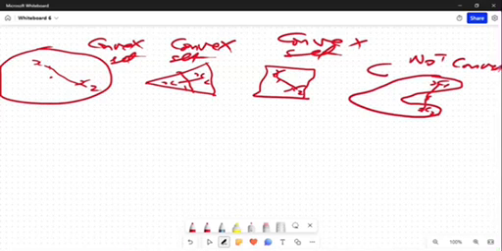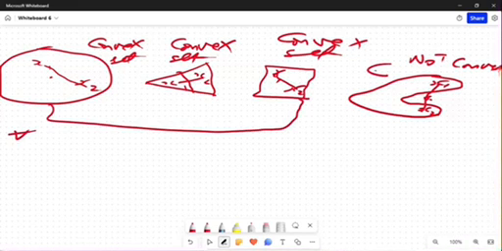If this is C, anything here is not in C, it's outside C. For this particular set, you see that for all x1, x2 in C, if you come